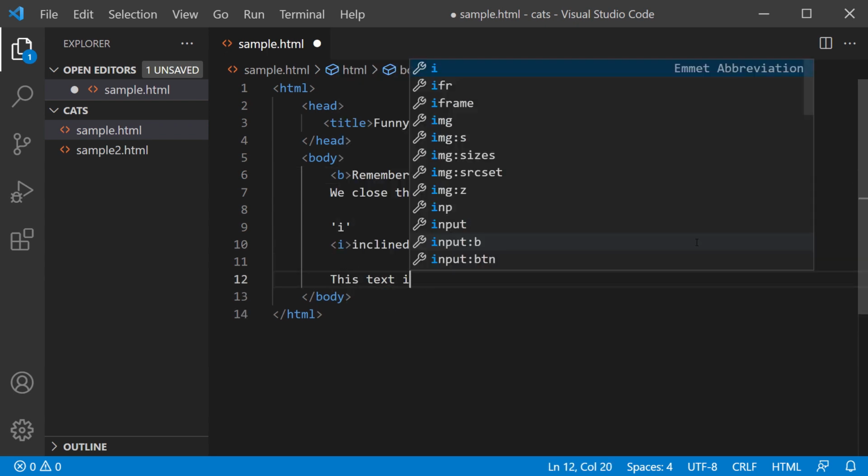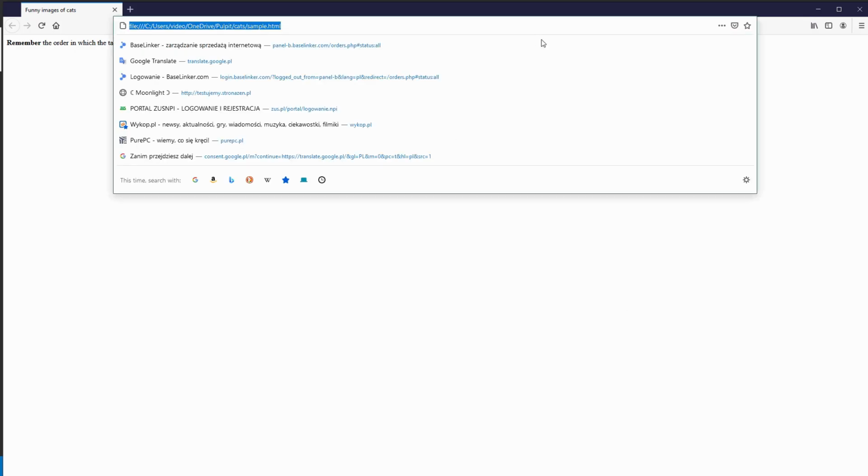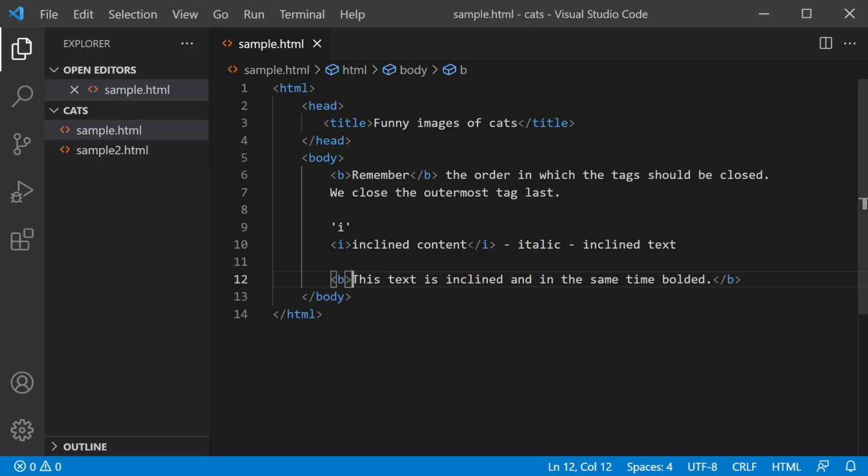This text is italic and at the same time bolded. So I want to make it bolded and italic at the same time. So when I type B this way and then here, as you can see, this is gonna be bolded, right? This is bolded text. Now when I want to add italic,